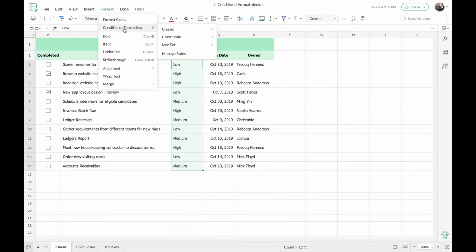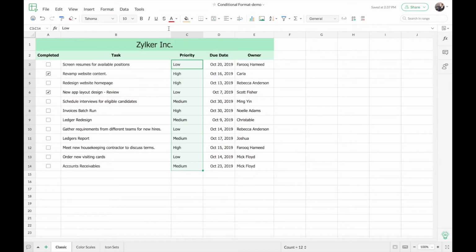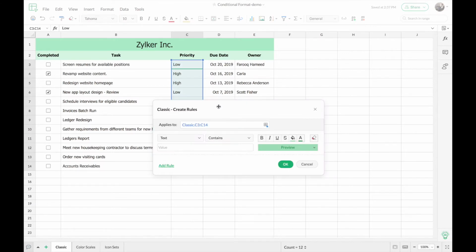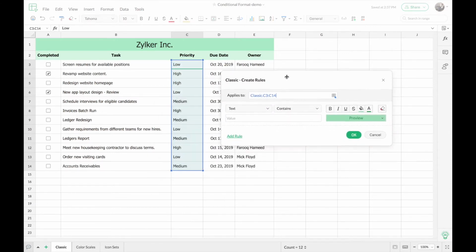So once I hover on conditional formatting, it displays the three types of conditional formatting options available. So I'm just going to select classic here. This is the dialog that opens up once you click on classic. Here you can see that it gives me the options to customize the conditions or rules as well as